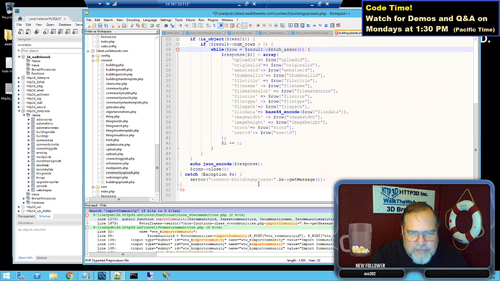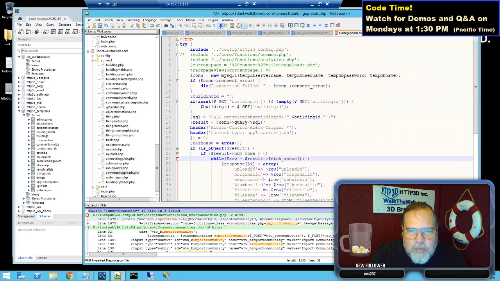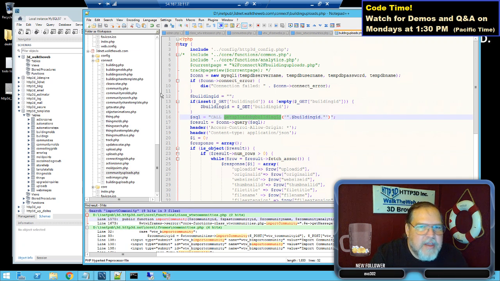Okay, so that's in place. So this will bring them back once I create this version of the stored procedure. So let's go through here and